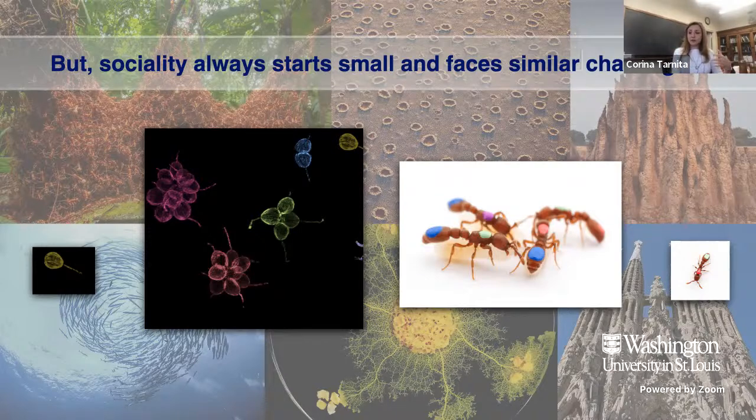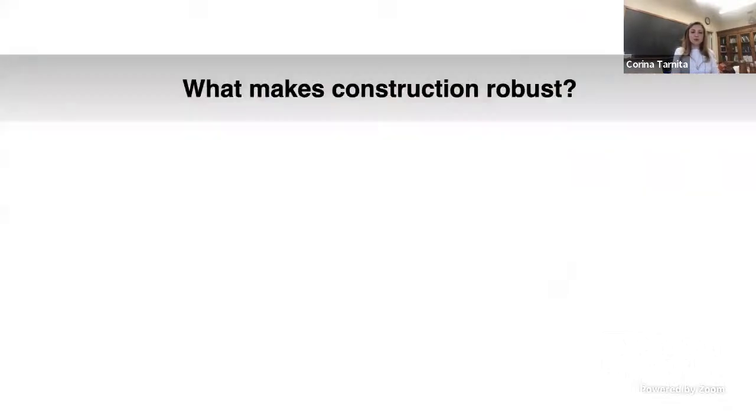There is one other thing. Certainly, these groups have to do well enough to outcompete the ancestor. But as soon as we think about these groups as assemblages of very similar units, and very small to begin with, because they all start from one or a small group of individuals, then we have to wonder, what makes these groups